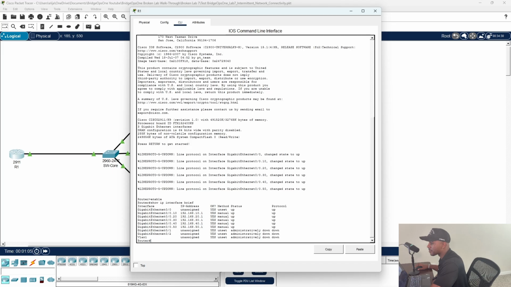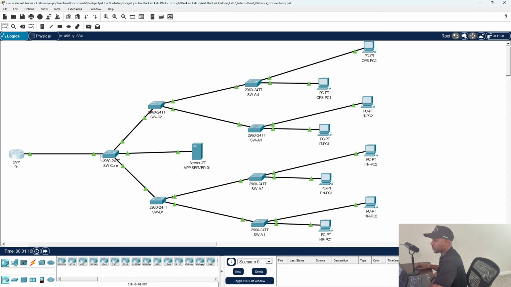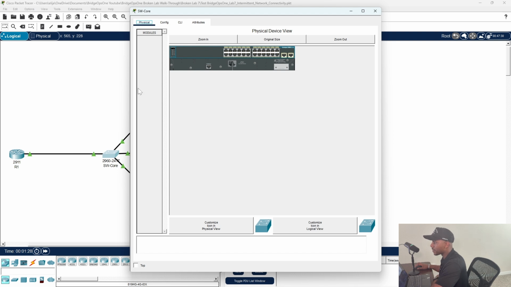All the router interfaces are up, so we can eliminate this as a possible cause. So next, I'm going to investigate the switch infrastructure. We're going to go to switch core right here, and we're going to run show interface status. That command is going to give us a quick overview of every interface on the switch. So we're just looking for anything obvious again with this one, any disconnected uplinks, error disabled ports, interfaces that aren't